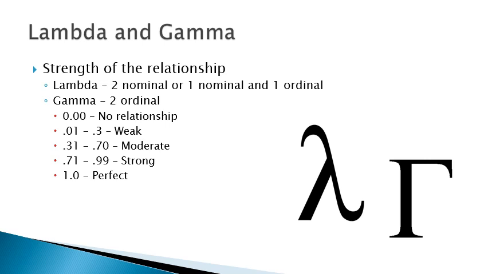Because I have two ordinal variables, I know I must run a gamma. How strong do you think that relationship would be between income and education? Do you think it would be perfect? Do you think it would be 1, meaning for every year of education you have, you make that much more